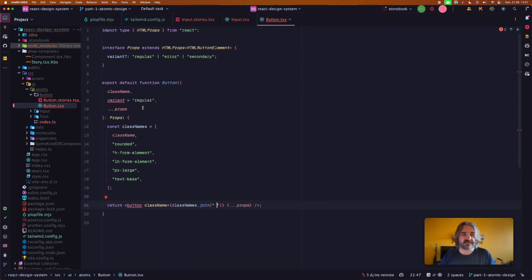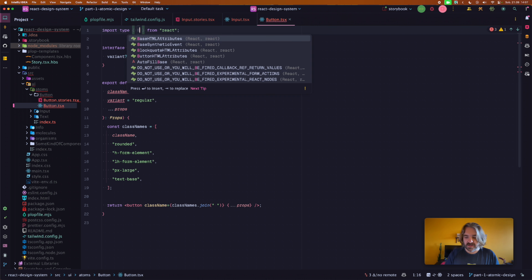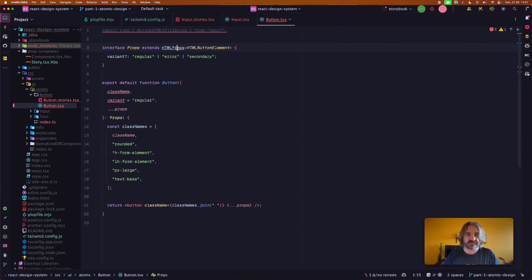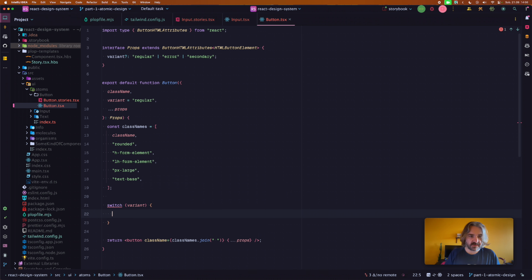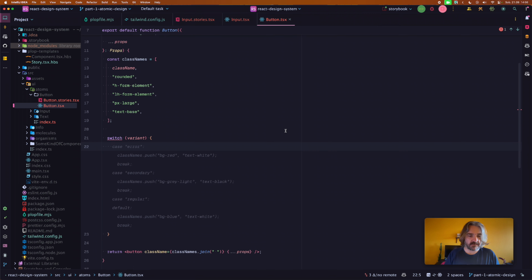Okay, for this, it still complains, so we can go with HTML. No, button HTML attributes. This will be better. Switch of variant, and we want